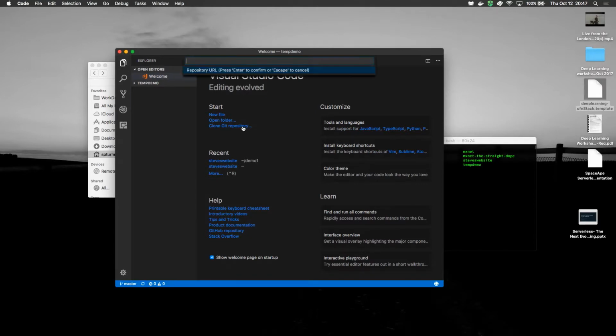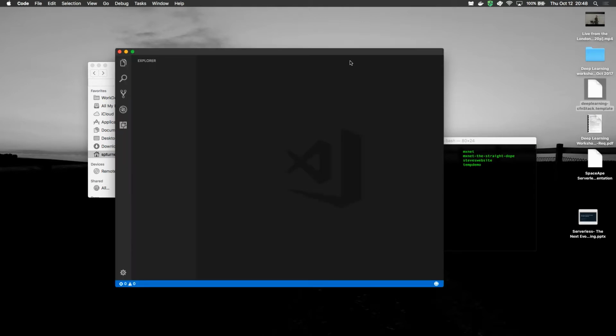Just go and clone Git repository, paste in the URL there, and pick a new directory for that. And then it will just clone that repository for me. Just give it a few moments to do that. There we go. And we'll just open that one now.